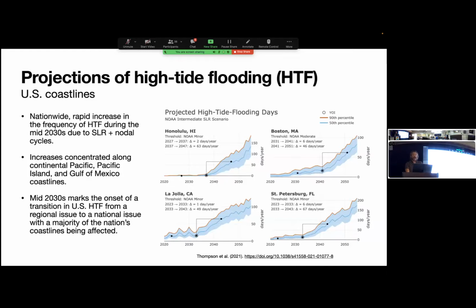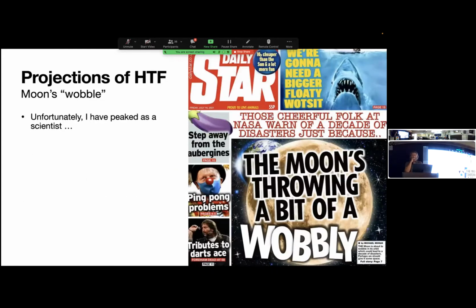So this made a little bit of a splash this summer, and it got picked up by quite a few news outlets. I think, unfortunately, I may have peaked as a scientist because of that. This work made the cover of a tabloid in the UK, which I think I'm just going to frame this and quit. That's hilarious news going